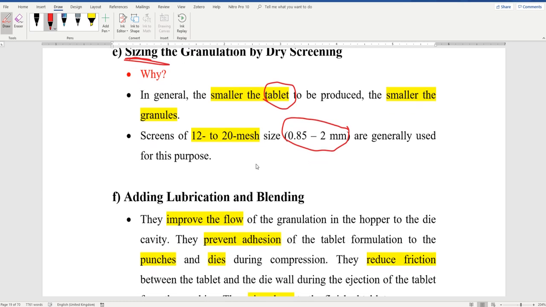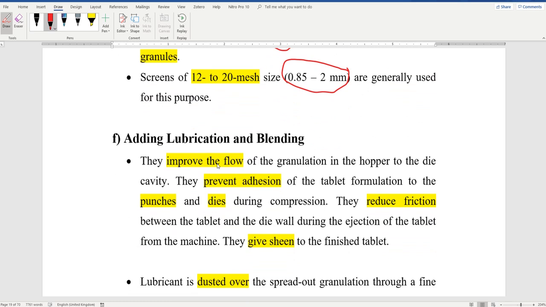After you size your granules, you need to add the rest of the disintegrating agent if you want to use two portions, one in the beginning, one in the end. And the last thing is adding lubrication. Now lubricants, as already explained, may be glidants, which improve the flow, and this improving the flow will allow